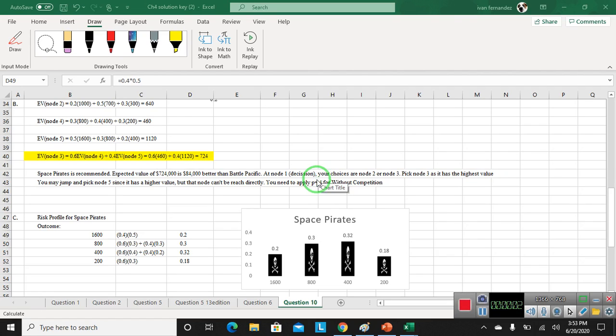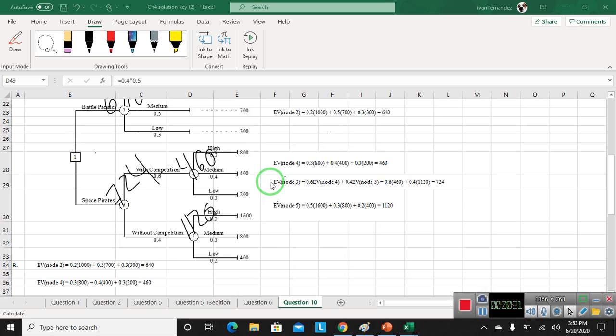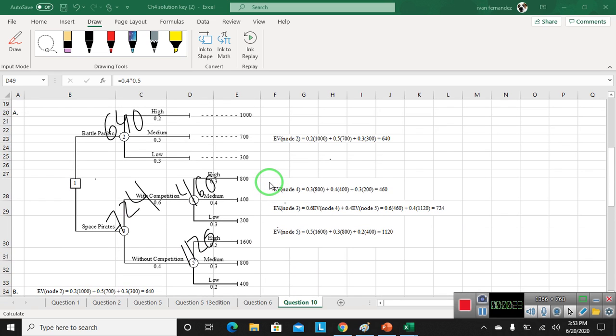In part C, we are asked to draw, to graph, to chart a risk profile, a risk analysis, for this game, for this operation. Why are risk profiles important? Think about you being the expert in your company, the analyst in your company, giving advice to a superior, to your boss, to your